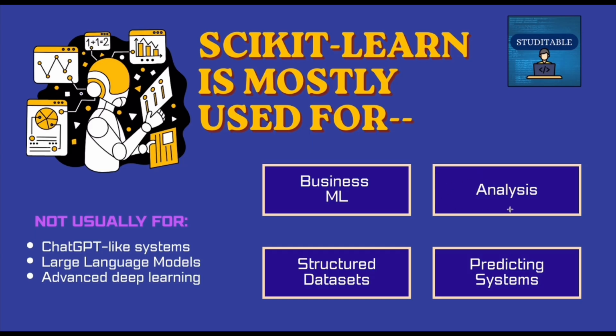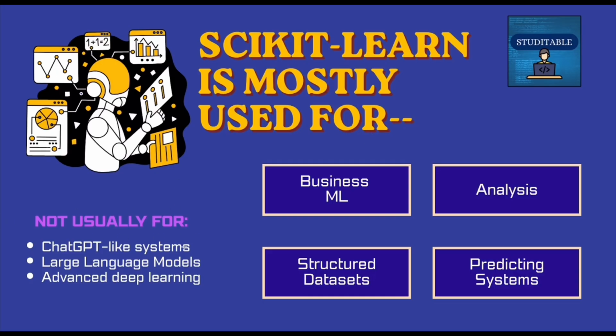The next is analysis, in which patterns and relationships in structured data are seen. Then predicting systems, in which we build models that forecast outcomes, such as a weather system that forecasts the weather for the next few days or next month. So we build predicting systems on structured data sets such as tables, spreadsheets or databases. So sklearn works with structured data sets, which can be in tabular format, spreadsheet format, or database formats, and so on.